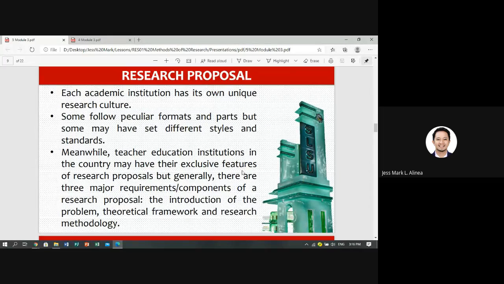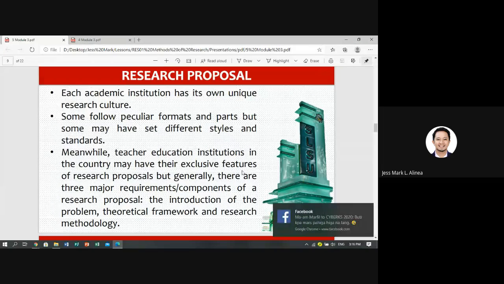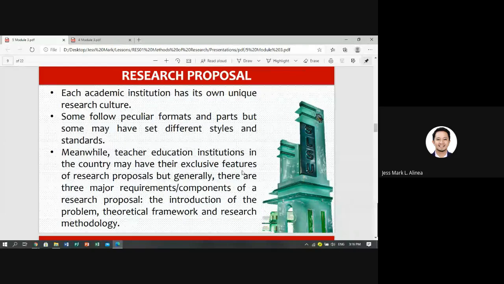Sa SLSU, makakakita ka ng chapter 1, 2, 3, 4, 5. Pero sa ibang mga eskwelahan, wala ka nang makikitang chapters. Isang bagsakan, wala, umpisa hanggang dulo, because they are following what we call APA format. Ang sinusunod natin in the field of education and technology at psychology sa kasalukuyan ay yung APA format or the American Psychological Association format. They are an institution who established the format when it comes to conducting research.